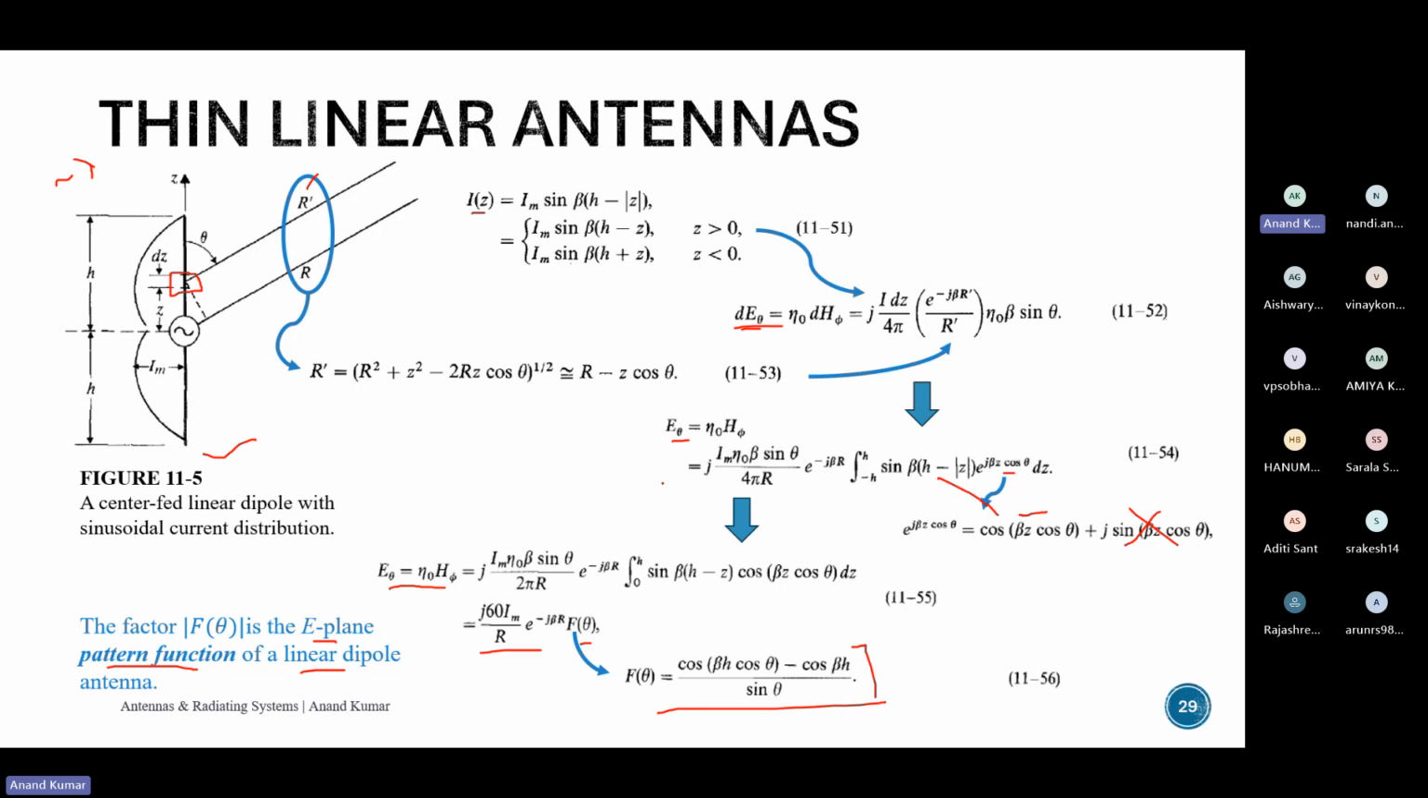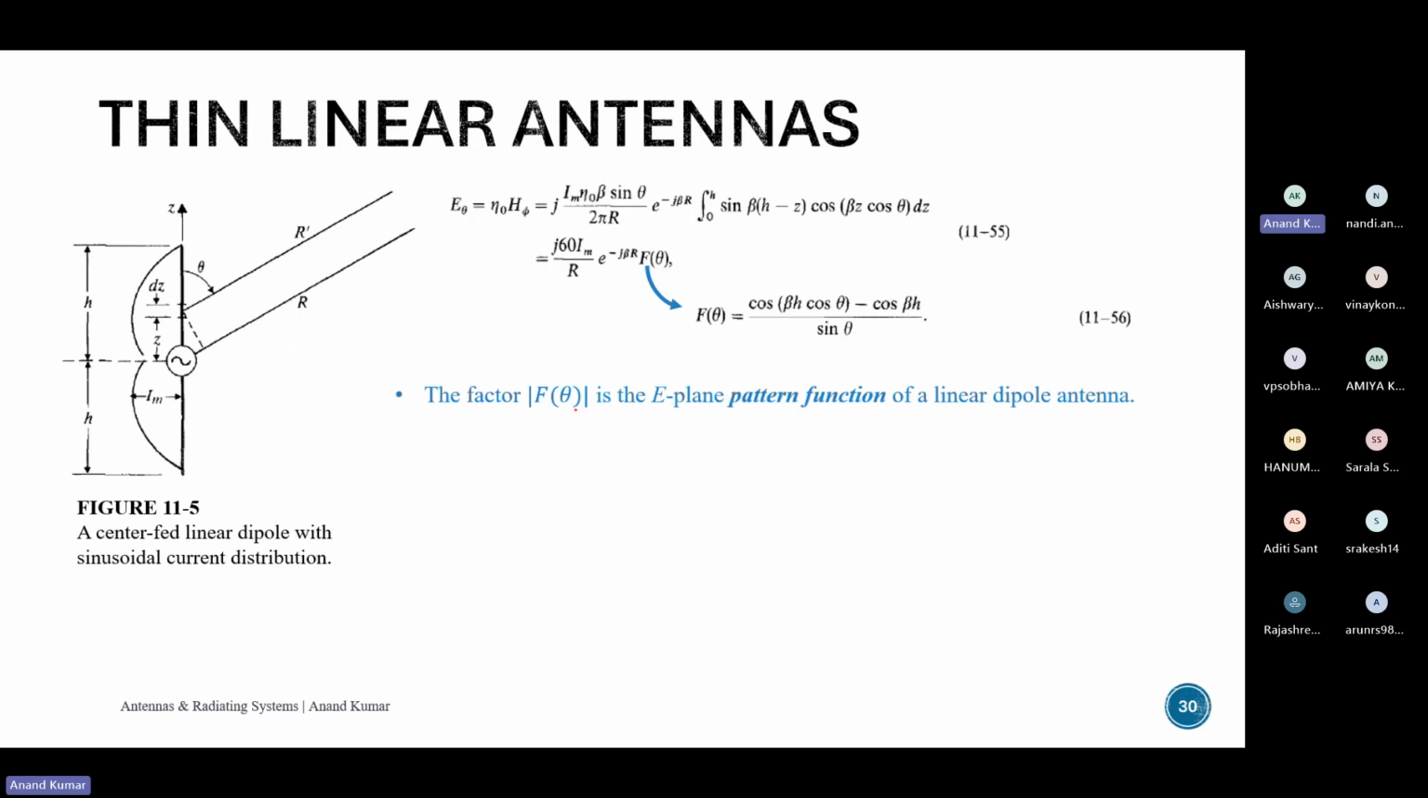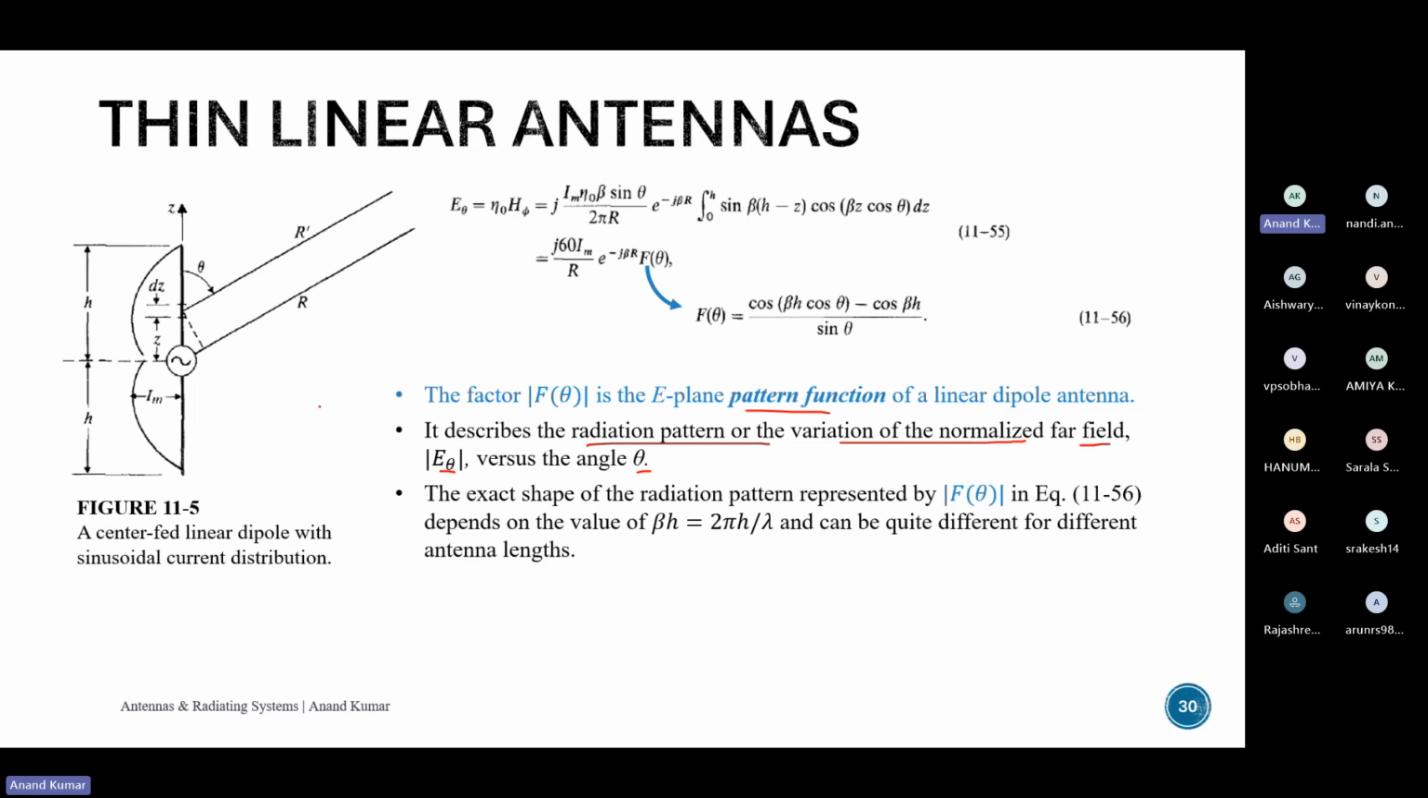Okay, so we have looked at this quite a few times now. I hope everybody follows. So we have got the pattern function, as described in the previous class as well. This pattern function describes the radiation pattern and the variation of the normalized far field electric field with the angle theta. If you look closely, this is a function of beta and h, where h is the length of the dipole. So if h changes, the pattern will change, and beta, which is 2 pi by lambda,